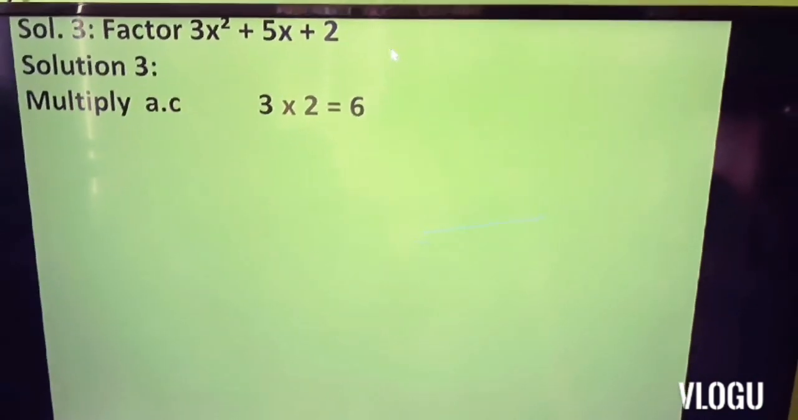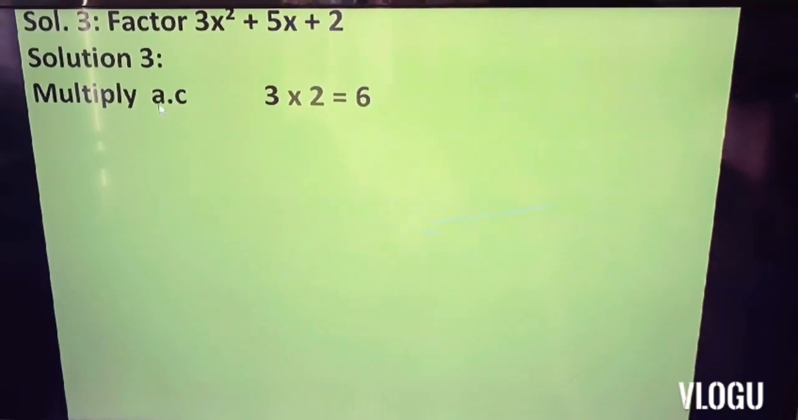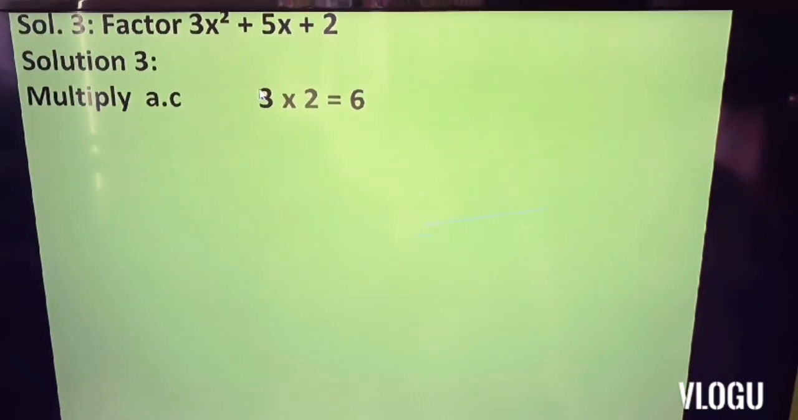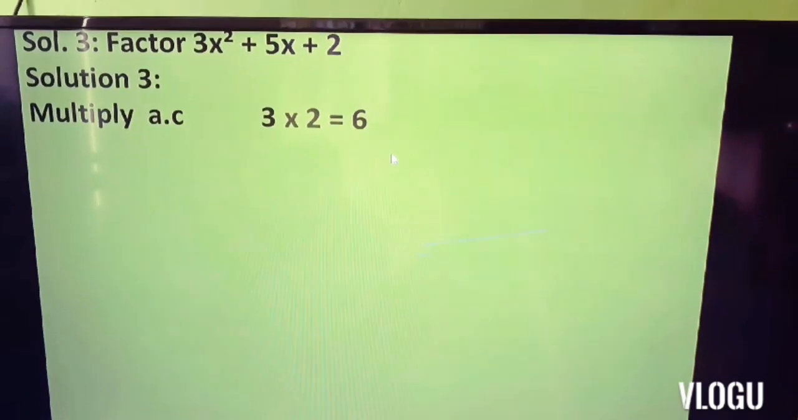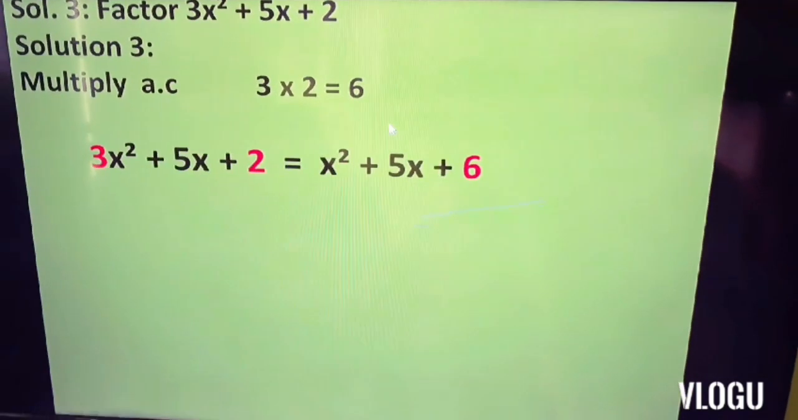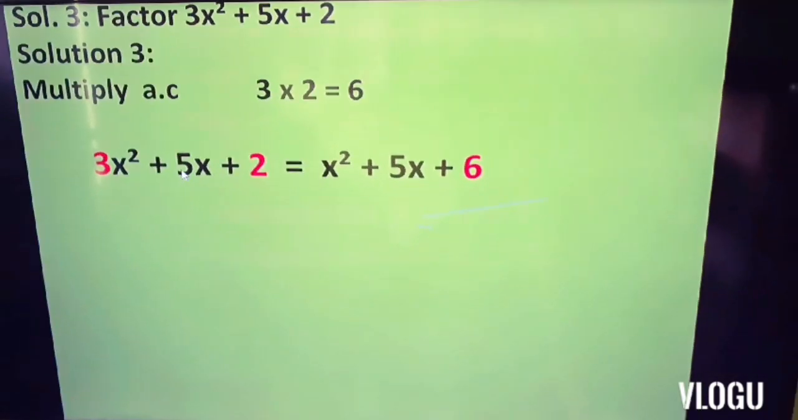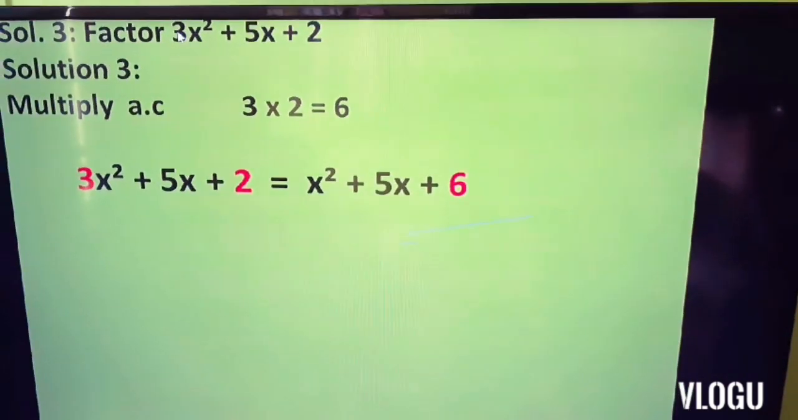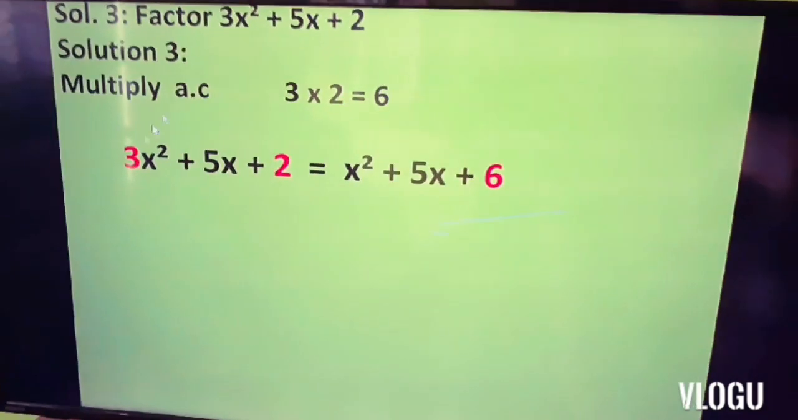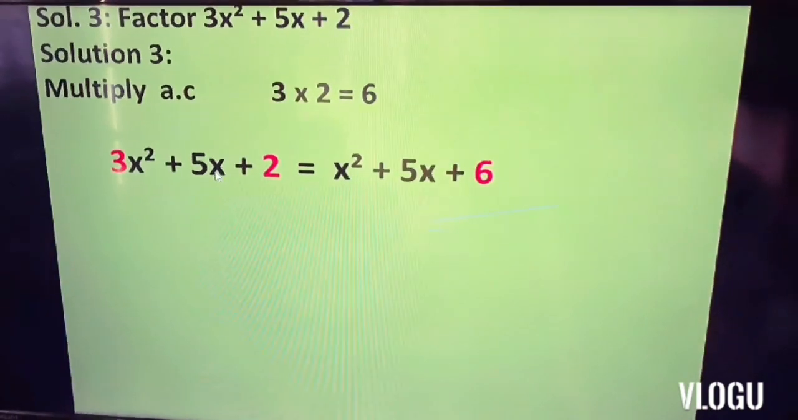Solution number 3. Same problem. We're going to factor 3x squared plus 5x plus 2. Of course, we're also going to multiply a times c, that is equal to 3 times 2, which is equivalent to 6. Pagkatapos po natin gawin yan, siyempre kukuhanin natin yung atin pong original problem na 3x squared plus 5x